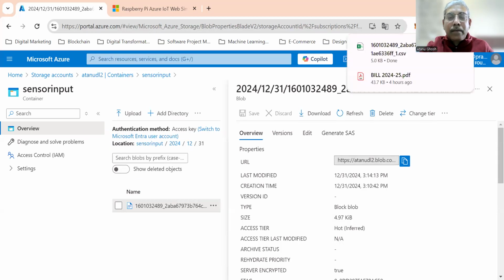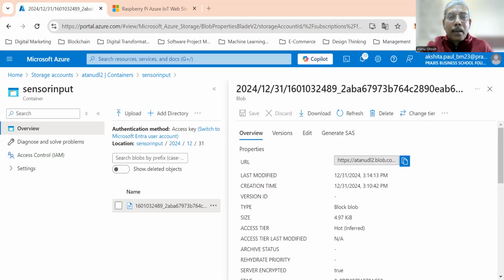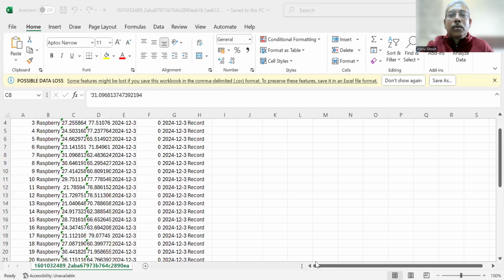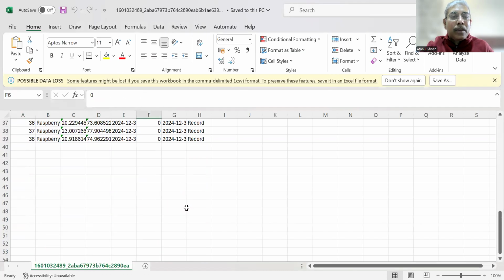We've downloaded the data as a CSV file. And just go and check whether the downloaded file is having sufficient data for us to work on it. You can go back and check that this is the data that has been downloaded, and we can do visualization